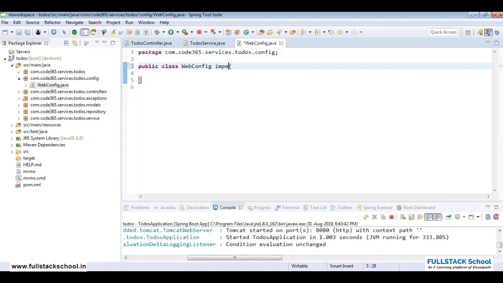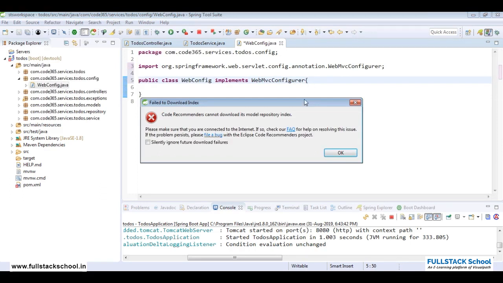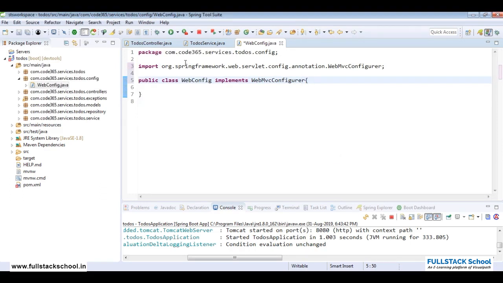So I say implements the Spring class WebMvcConfigurer. This is the class I need to implement. Let me import this. Okay, it got imported from the Spring framework, and if I open this class,